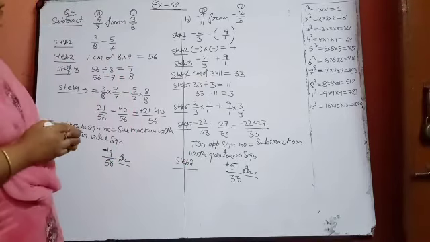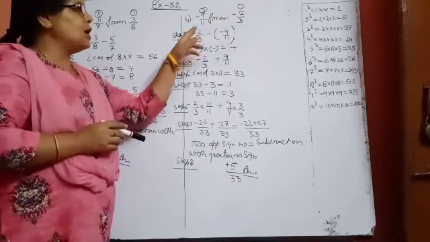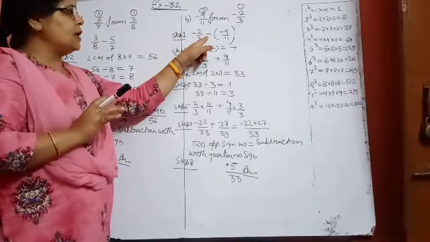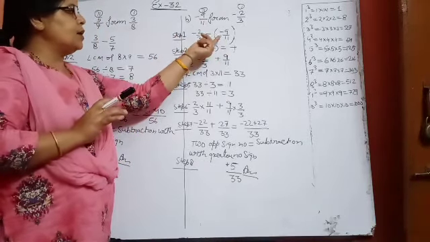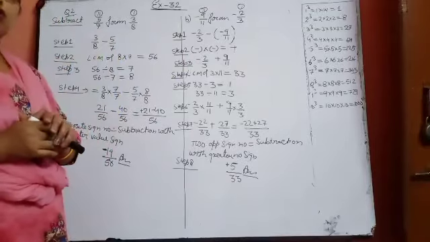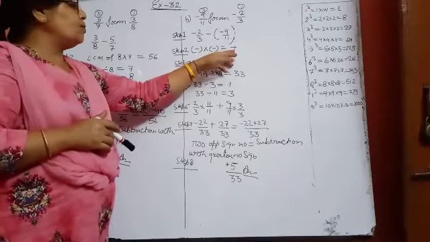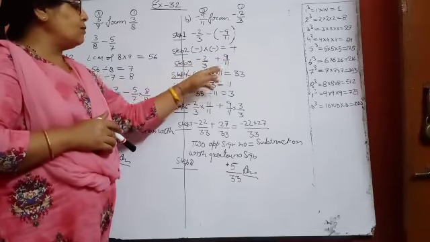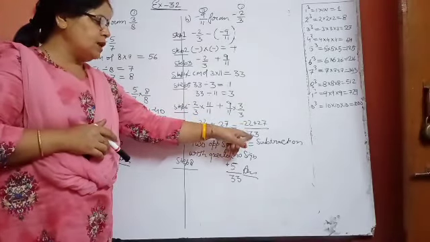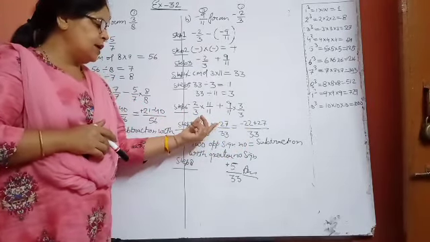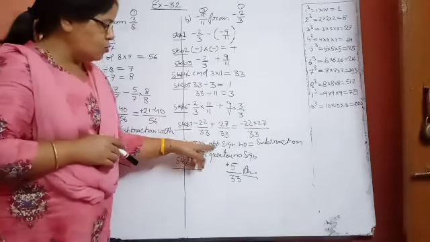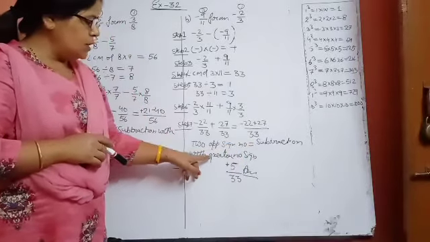So first of all we have written what comes after from. What comes after from will always be in the first position in case of subtraction. Then the subtraction sign, and then whatever the first number is. Then here minus into minus, because whenever a bracket is there, it means between them a multiplication sign is also there. So minus into minus is equal to plus. Minus 2 upon 3 plus 9 upon 11. Then take an LCM and the rest of the procedure will be the same. And finally when the denominators become equal, we write the numerators together as I have written here. Then we applied the rules of integers. Two opposite sign numbers is equal to subtraction with the greater number's sign.